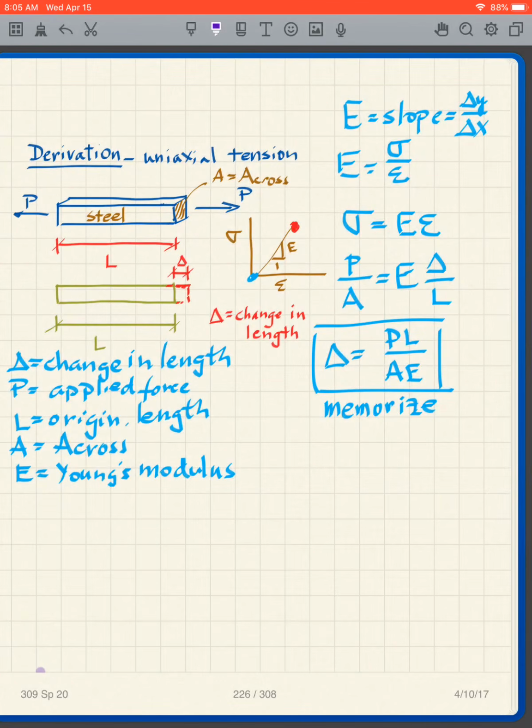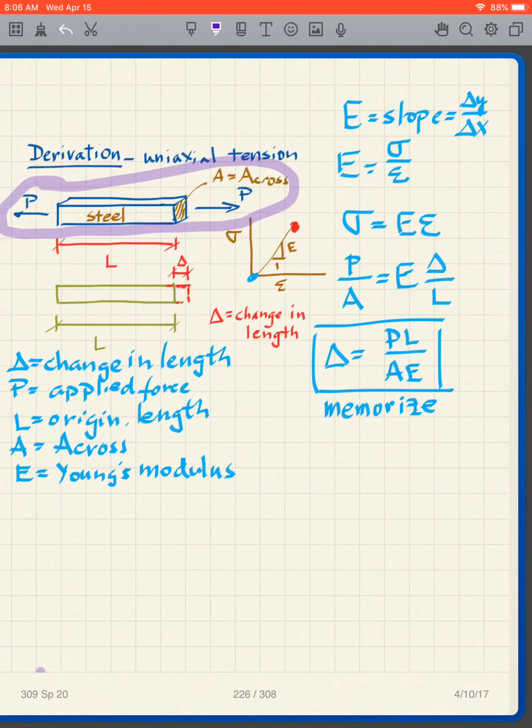All right, I want to do a derivation, and we're going to use this derivation for our torsion analysis. The derivation that I'm going to do regards uniaxial tension, and it's very straightforward. Consider our uniaxial tension test